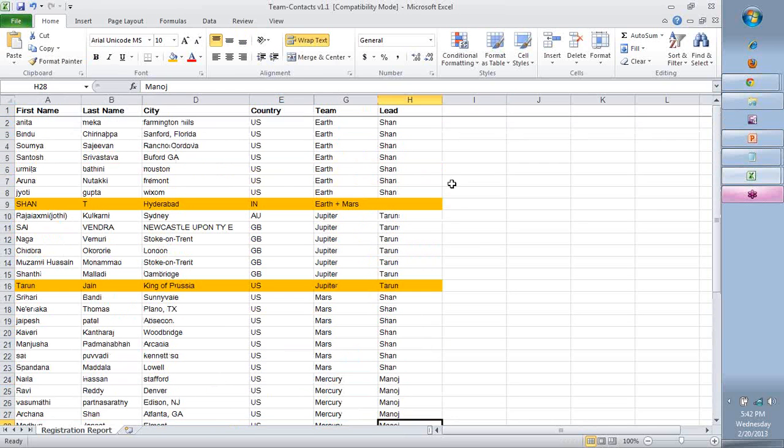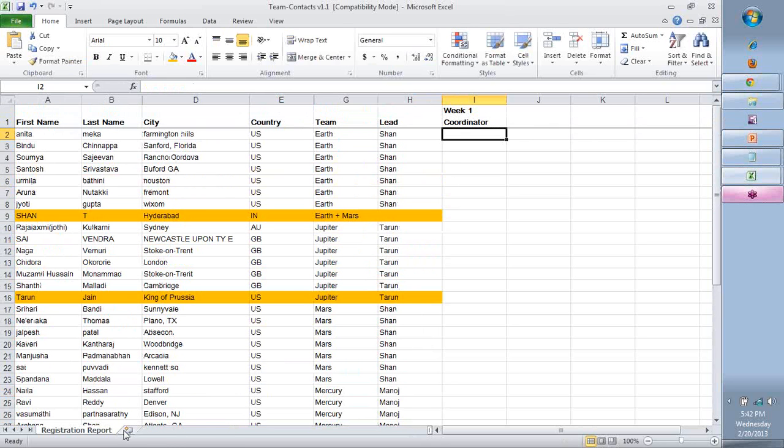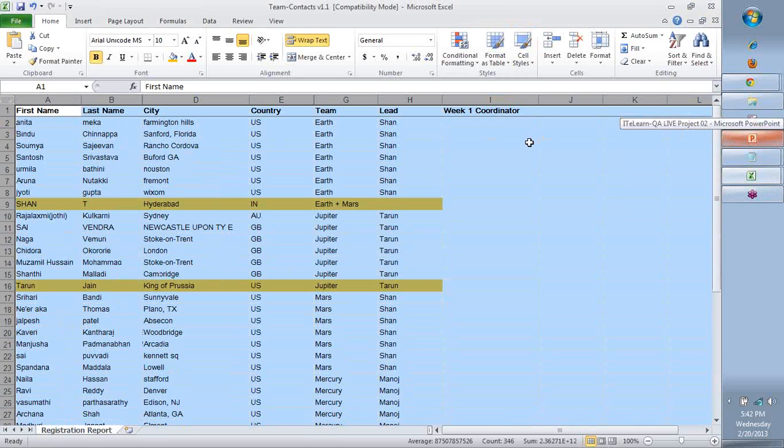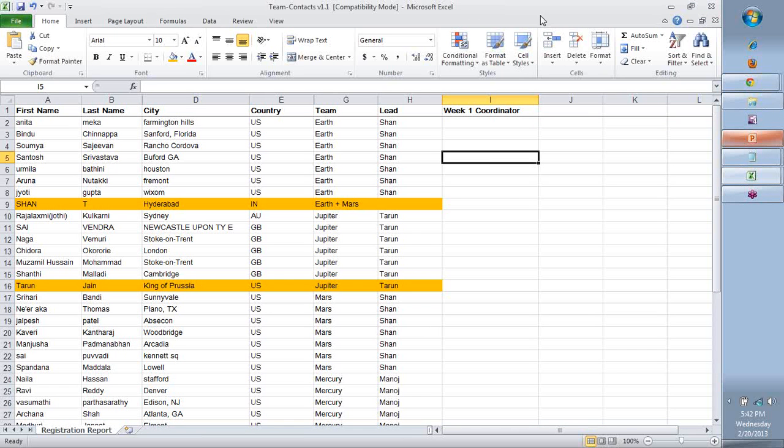Okay. I will identify the week 1 coordinator here, for each team. Please use that coordinator to coordinate with everyone else and bring things up. If you're not able to do it, then I will put the other coordinator who will start working out immediately. To get started, there might be a little confusion. Till that time, all of you come together and have one discussion. Ideally, you should all talk at the earliest possible, like tomorrow. You'll have to all get into one conference call and talk with each other.